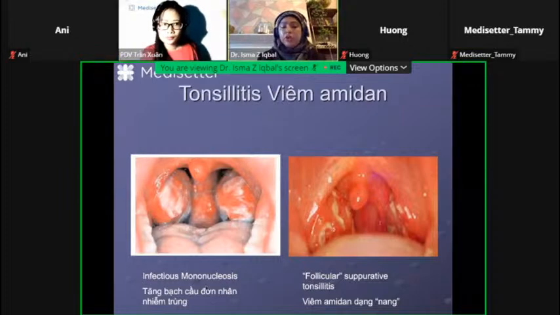If it's infectious mononucleosis, which is because of Epstein-Barr virus,